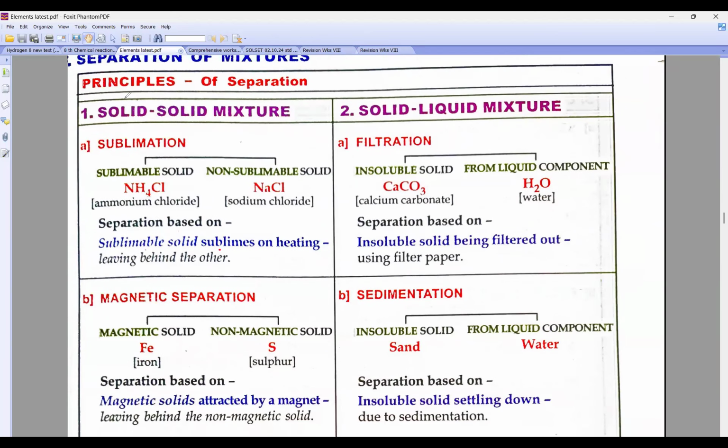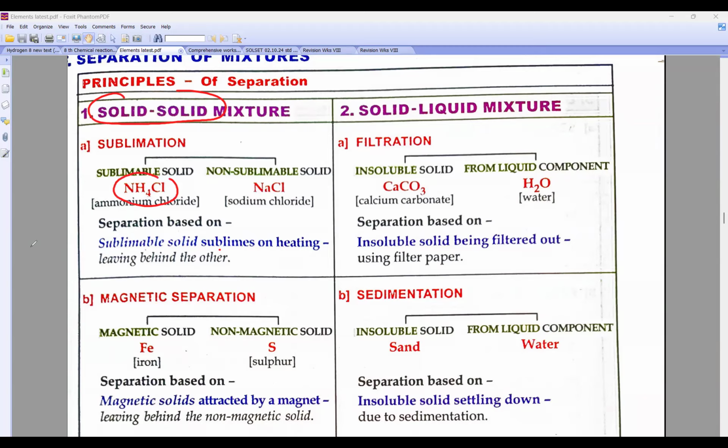Now in exam they may ask you solid in solid. We should know, beta, what is a sublimatory substance. It is a substance which will directly go from solid into gas. You might have seen at your home naphthalene balls, right beta? They directly go from solid to gas. You might have seen camphor, used in puja, we call it kapoor. Iodine is also a sublimatory substance. Ammonium chloride is also sublimatory.